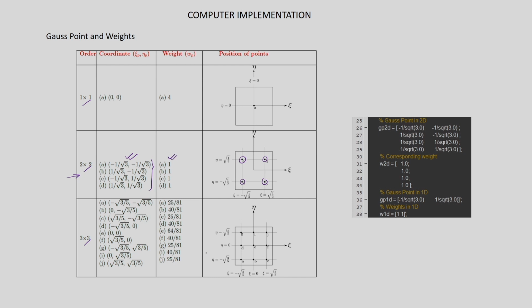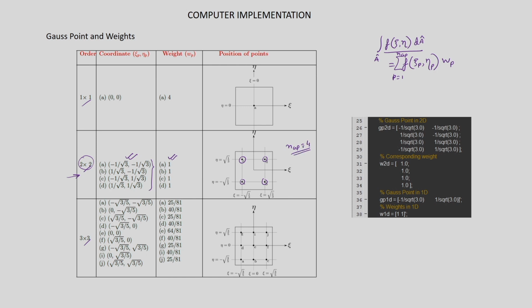The third column shows the corresponding weight. So, if I have to calculate an integral of an integrand f(xi, eta) over d A hat, so we are integrating in the master element A hat. What we have to do is evaluate that integrand at these Gauss points (xi_p, eta_p), multiply with the corresponding weight, and then sum it over all the Gauss points, p equal to 1 to the number of Gauss points. If I use 2 points in the xi direction and 2 points in the eta direction, the total NGP in this case is 4. So, there are 4 Gauss points.